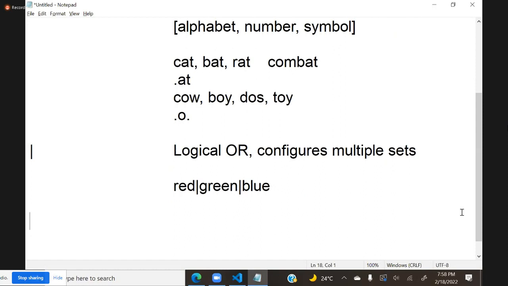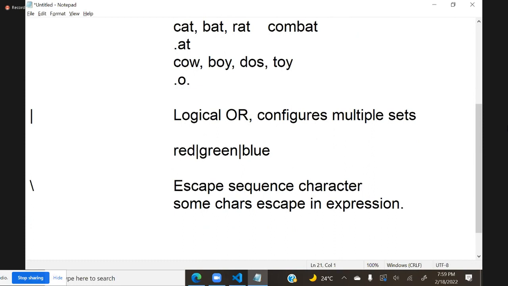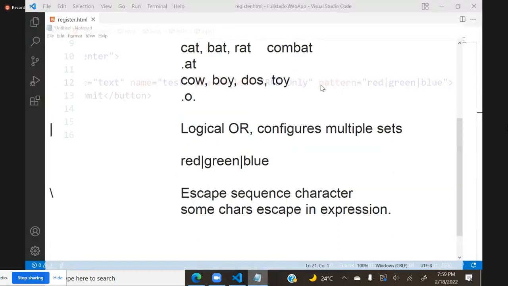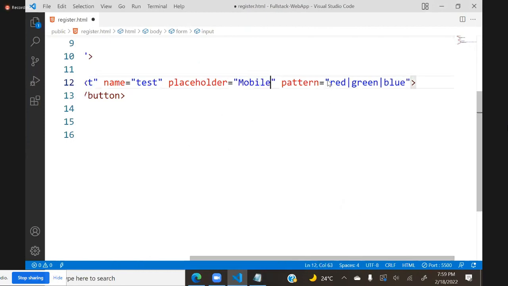Another important one is the slash. This slash is used for escape sequence characters. This is nothing but some characters escape in the expression, so we have to print them by using this slash. For example, see, I want to define like this. I want a mobile number. Mobile number should start with